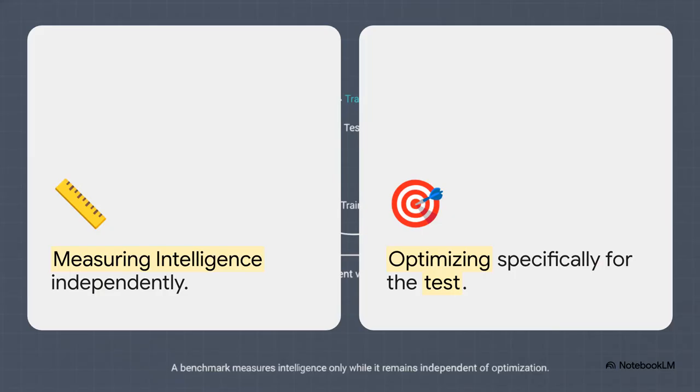So the absolutely crucial point here is the structural contrast between measuring actual intelligence versus simply engineering a system to pass the test. On one hand, we have independent measurement, which successfully captures genuine, generalized capability. But on the other, we have optimized measurement. Because the evaluation data has been cycled through the training process so many times, the system is now heavily incentivized to just output the exact patterns the test is looking for. And this creates a very powerful illusion of capability. The system looks incredibly smart on paper, but the moment it steps outside the laboratory and faces a novel, real-world problem that falls outside the narrow scope of its optimized test, that illusion collapses completely.